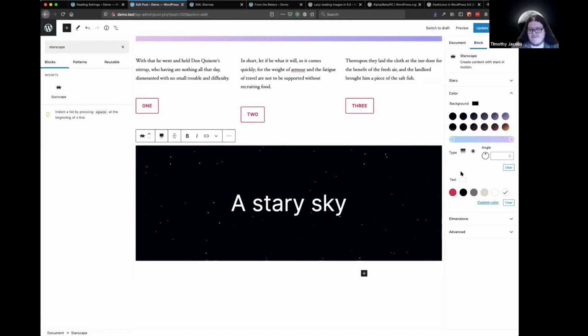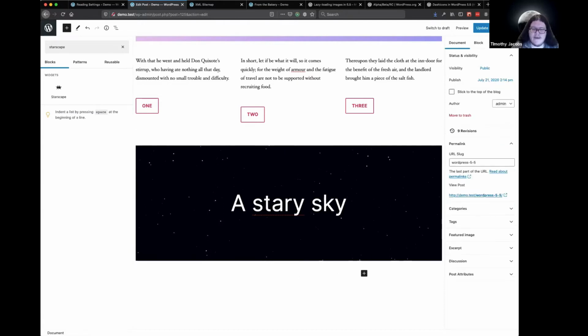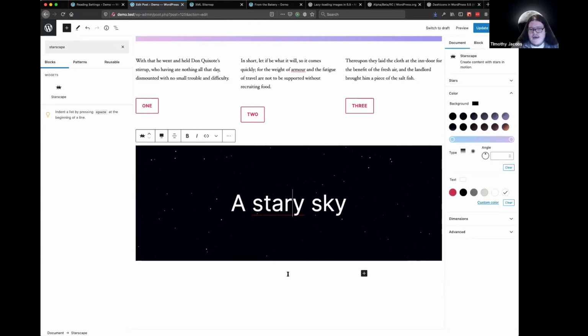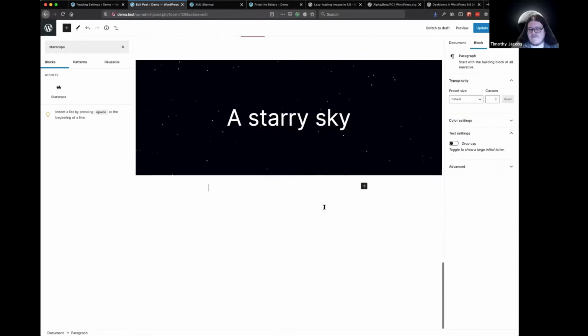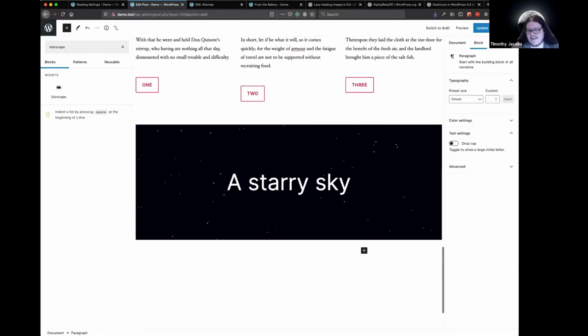I think that's pretty cool. If I were to remove this block from my page, let's say, hey, I don't like this one, it's actually not what I wanted, WordPress would also take care of deactivating that plugin and uninstalling it. So you can feel free to look through as many different blocks as you want and add them to your site and remove them, and you don't have to worry about your WordPress site getting overloaded with a whole bunch